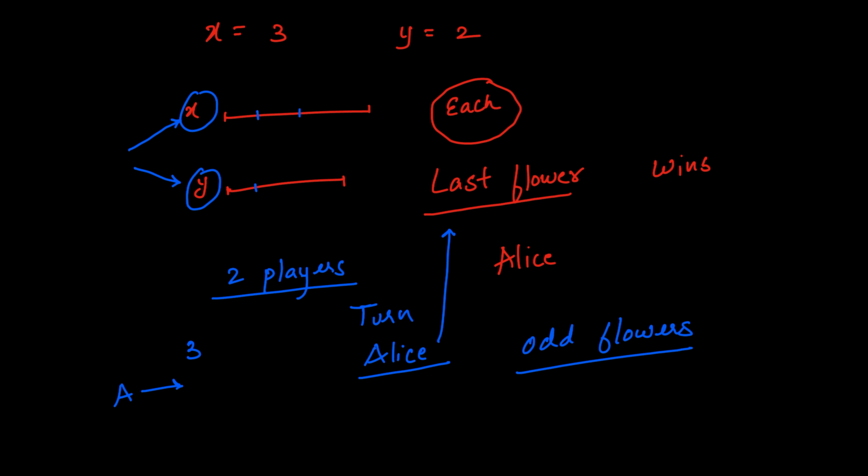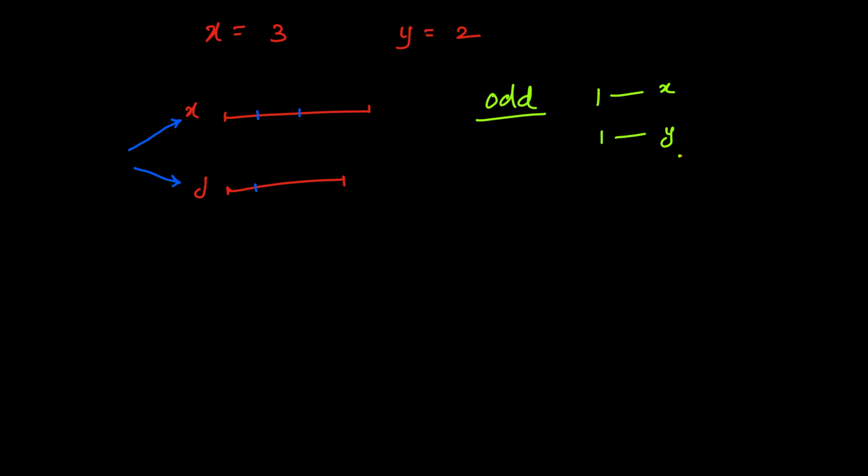If Alice takes the first one, the remaining will be 2. Bob goes next, the remaining is 1. In Alice's next turn, she picks the last flower, making her the winner. As we know for sure that Alice is always going to start first when the game begins, we can be certain that an odd number of flowers will always ensure her victory. If we had an even number of flowers, then Bob will be the one picking the last flower, making him the winner. As we need to identify the possible number of pairs between X and Y whose sum will be odd,